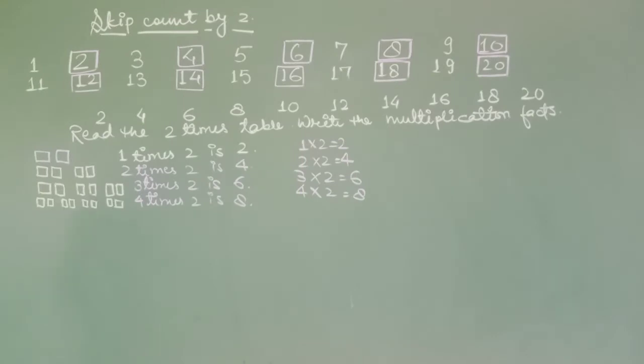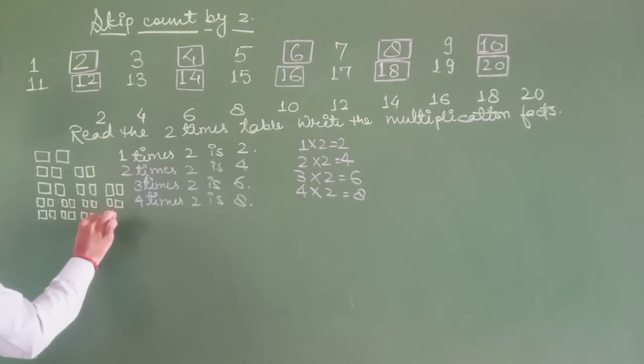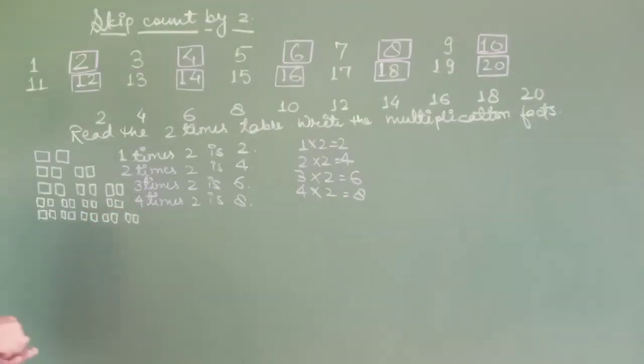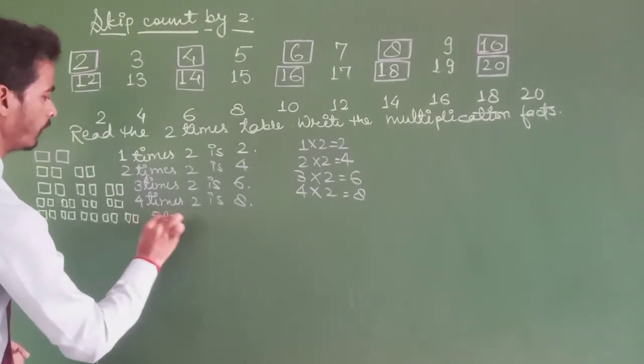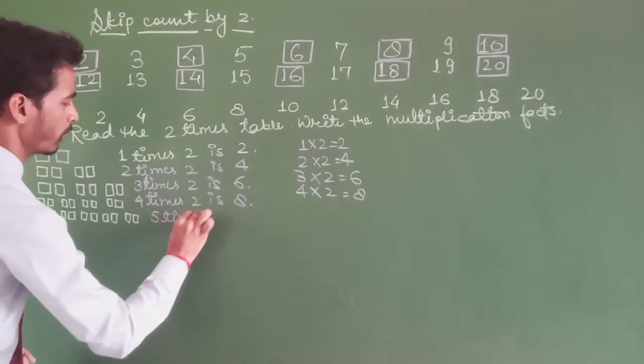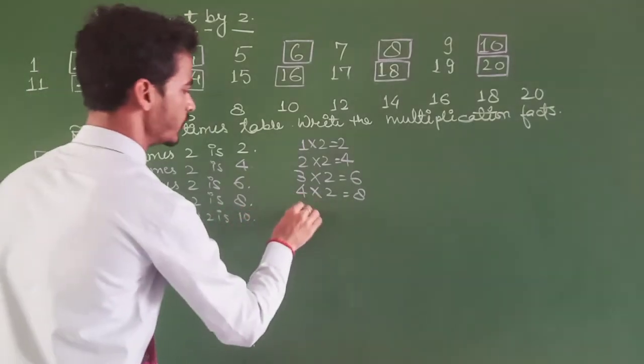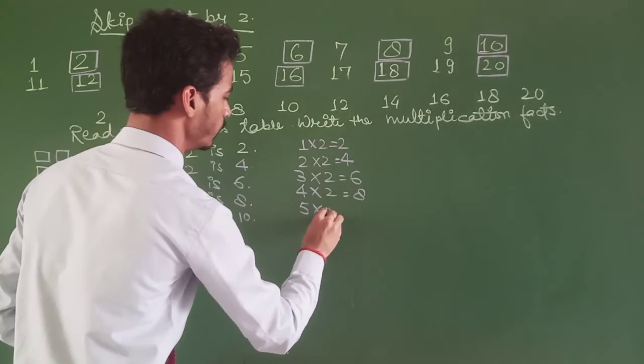And the next one is 5 times 2 is 10, and the multiplication fact will be 5 multiplied by 2 is equal